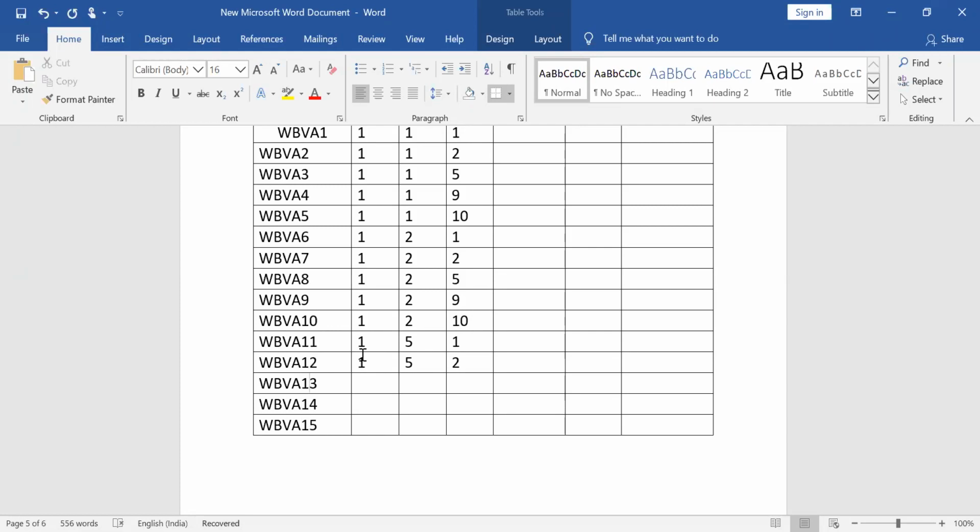The 13th case will be 1 as usual, 5 followed by 5. In the 14th case, 1 as usual, there is no change in it. Since the second loop has not ended, we continue with it, so it will be 5 itself. Now for 9: similarly, 1 followed by 5 followed by 10. So this is over now.